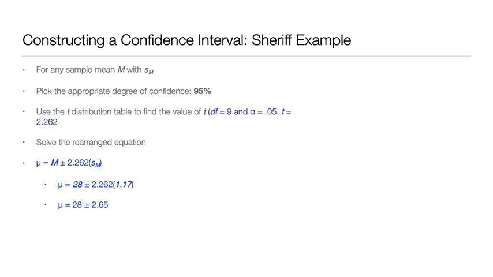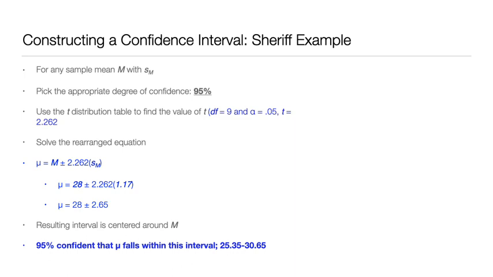This is then 28 plus 2.65 and 28 minus 2.65. And so then we get this interval around our sample mean about where the population mean likely occurs. And so I can say that I'm 95% confident that the mean of the population falls within this interval,